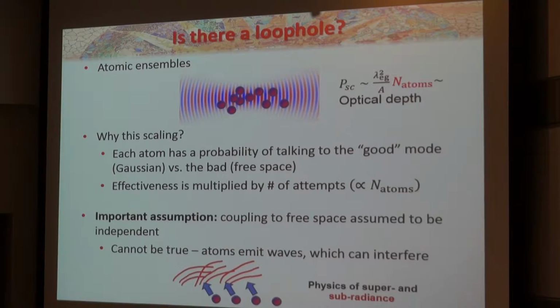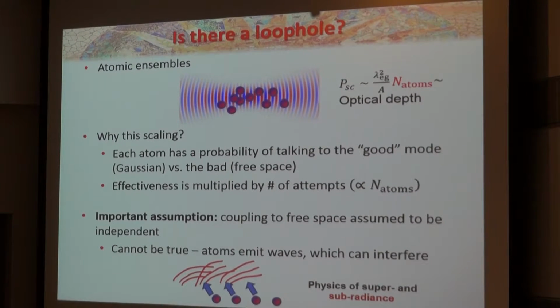That seems reasonable, but there is an important assumption in there, which is that these atoms, when they fail, are failing independently. One atom has a chance to succeed. If it doesn't succeed, the next atom has a chance. What that essentially assumes is that this kind of failure, this emission into free space, or 4 pi, is independent. And we know that can't be true, right? Because atoms emit light as waves, and waves interfere with each other. So it's not that one atom is just spitting out a photon into its own individual bath, but this bath is really shared by all the atoms together.